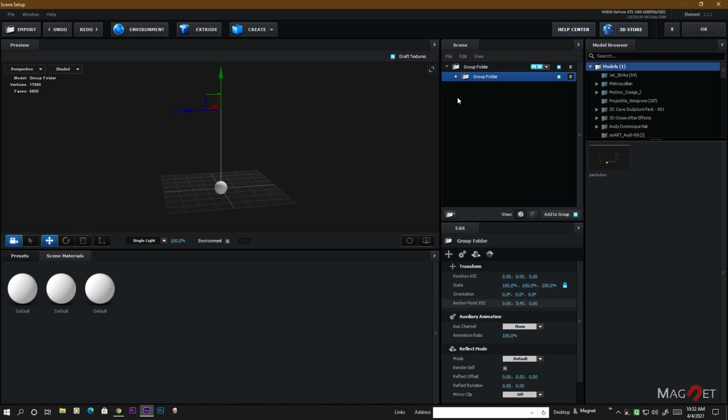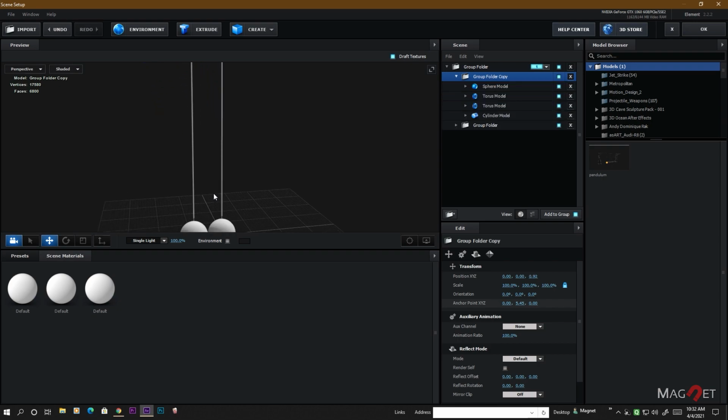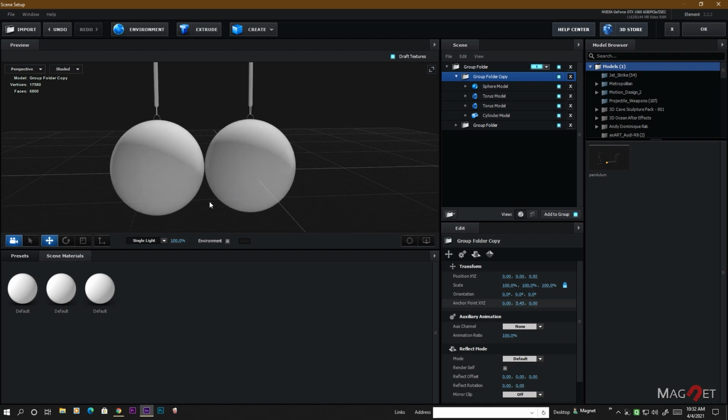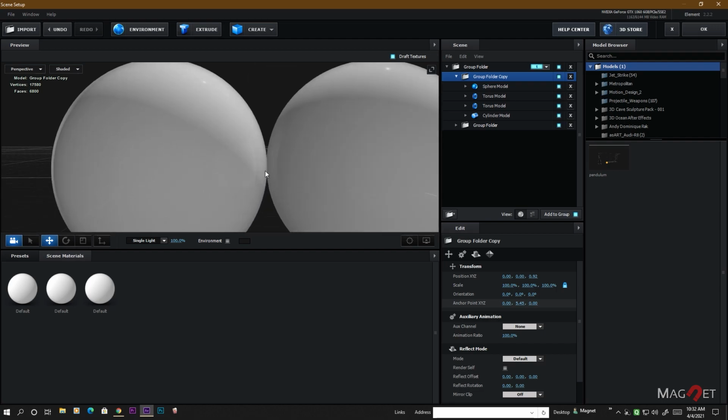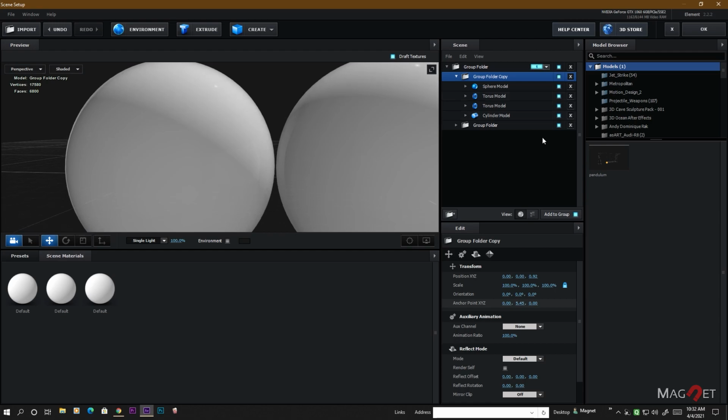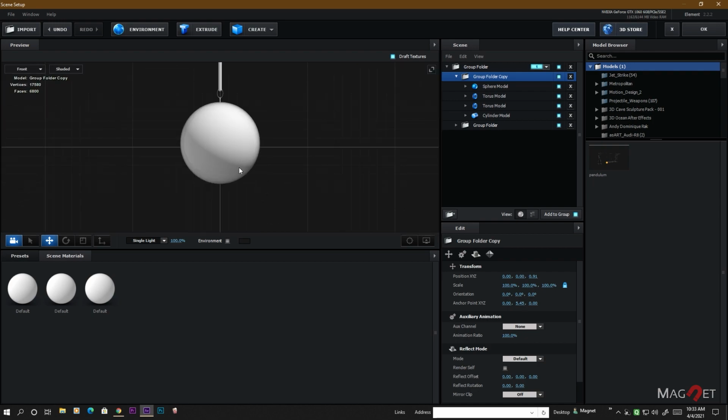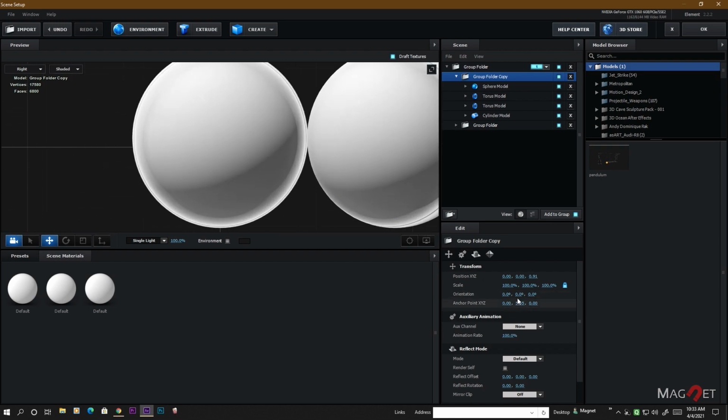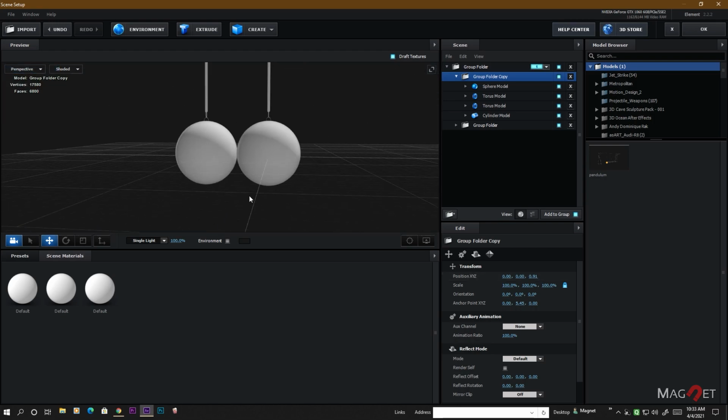So select the folder and then press Alt and just duplicate it like this, and make sure that those balls are touching each other like this. There is a little gap, so we have to fix the gap here. Go to the position and fix it like this, and you can also go to the front view, maybe the right or left view. Okay, and then you can fine tune it. Like this, and then go to the perspective, and also we